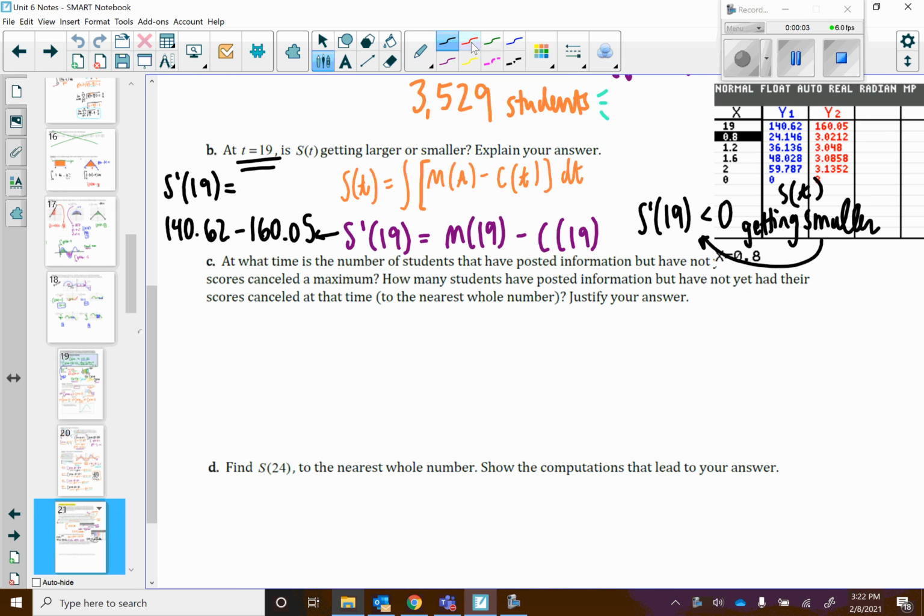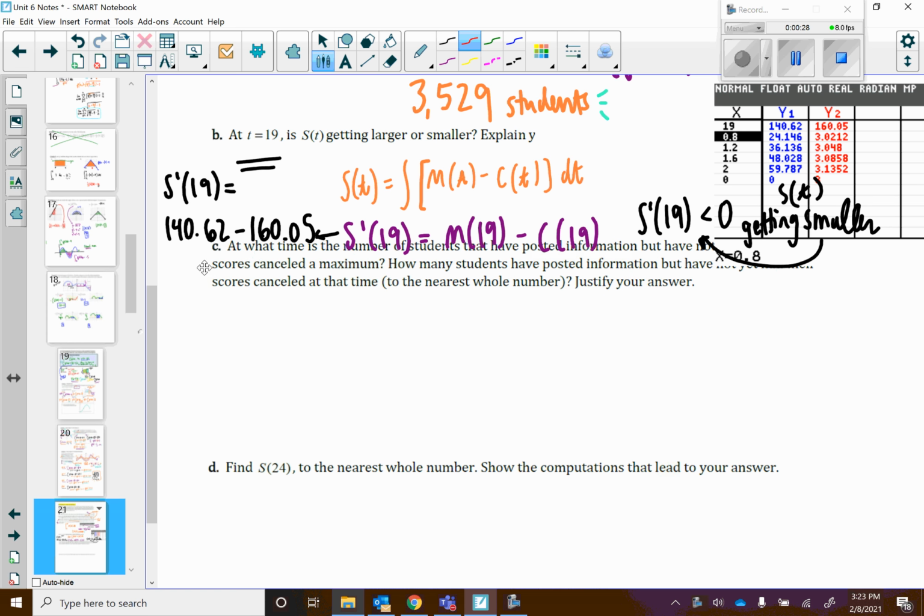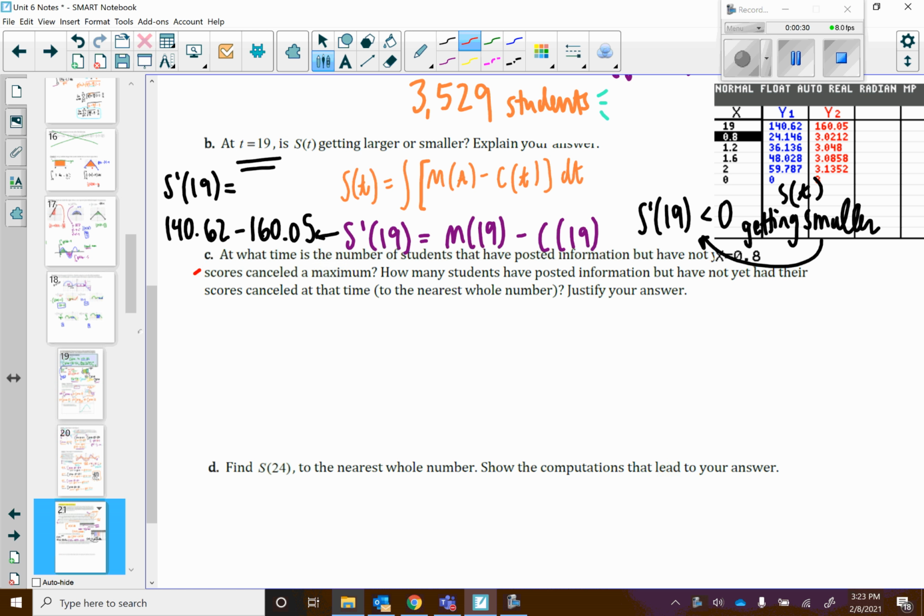Hi, we're going to finish C and D for example number 4 in 6465. C says, at what time is the number of students that have posted information but have not yet had their scores canceled a maximum? Let's start with that. They are looking at the number of students that have posted information but have not yet had their scores canceled. We are looking for where S of t